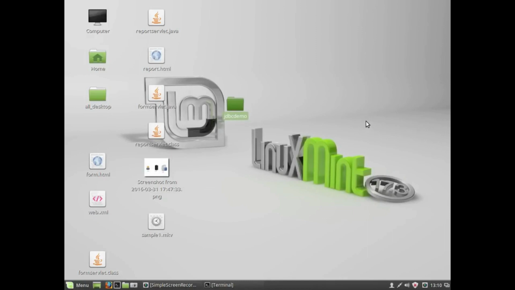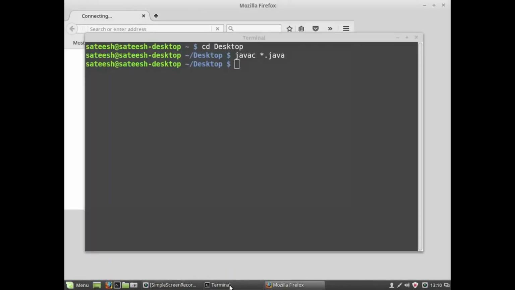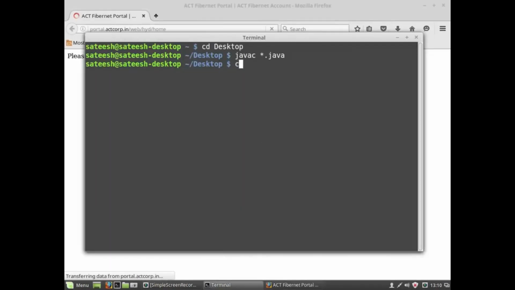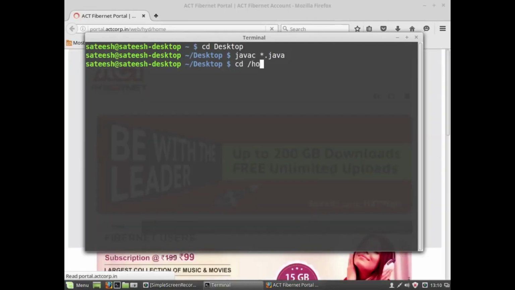Now we are ready to deploy our application in Apache Tomcat. Before we do it, we need to start the service of Apache Tomcat. In my case, Apache Tomcat is available in the home directory.